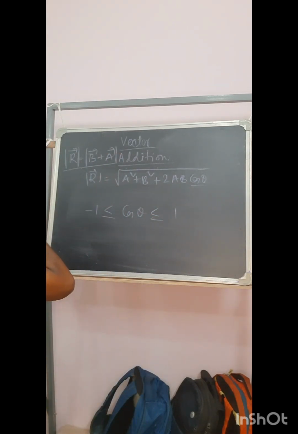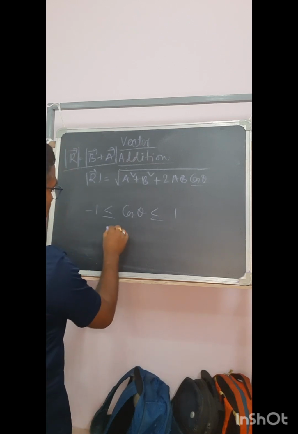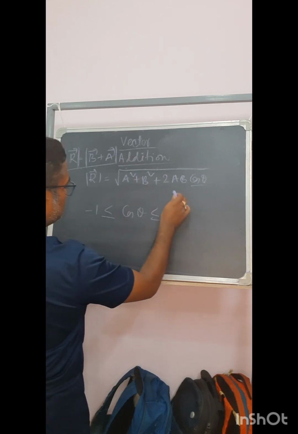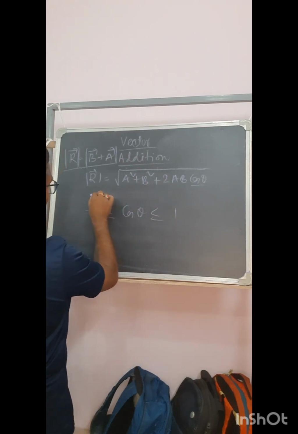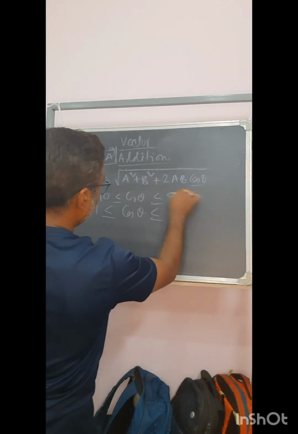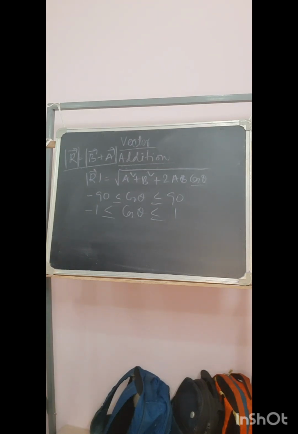Okay, and this varies from cos minus 90 to cos 90 of theta. This way the value varies. Okay, so